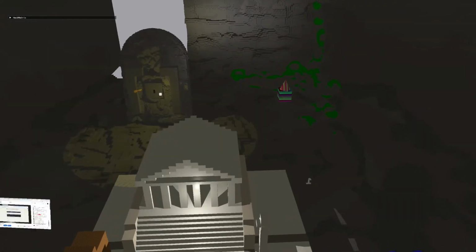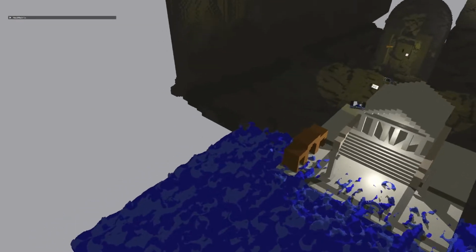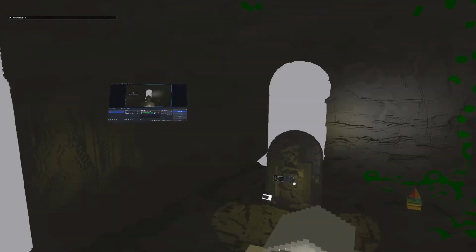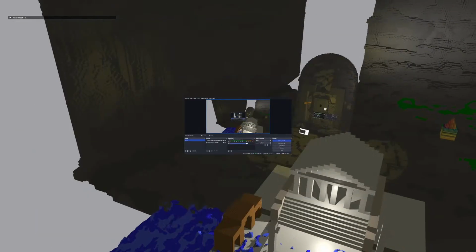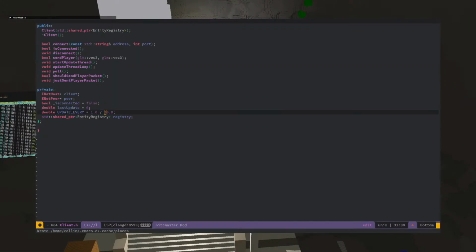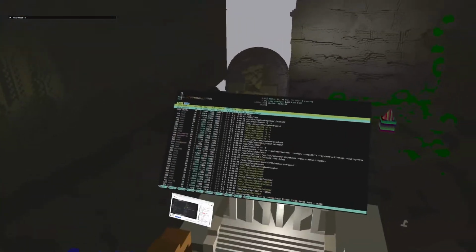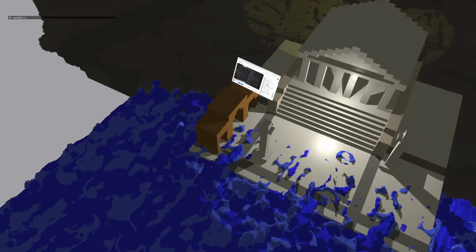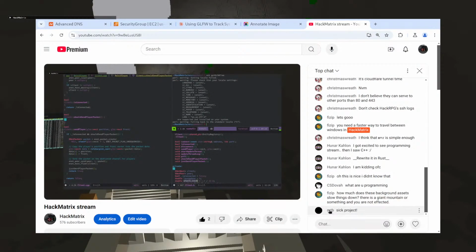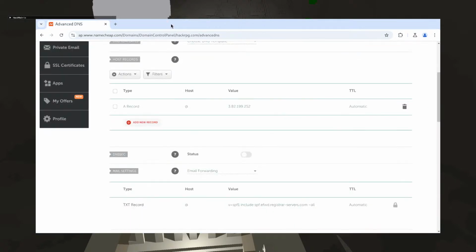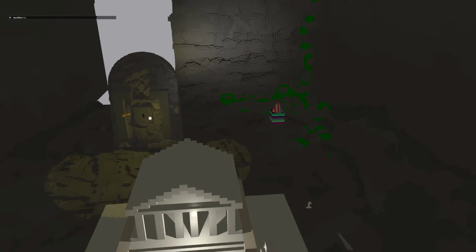Okay, so this is made. Let me make sure that... I'm moving way too fast now. Okay, that's better. Cool, so I'm going to have to restart this, but let me just go ahead and close out all my windows, including this. And this, let's take a look. Sick project, thank you, MTB. I'll go ahead and just delete all of this. I will not need this anymore, and time to reboot.